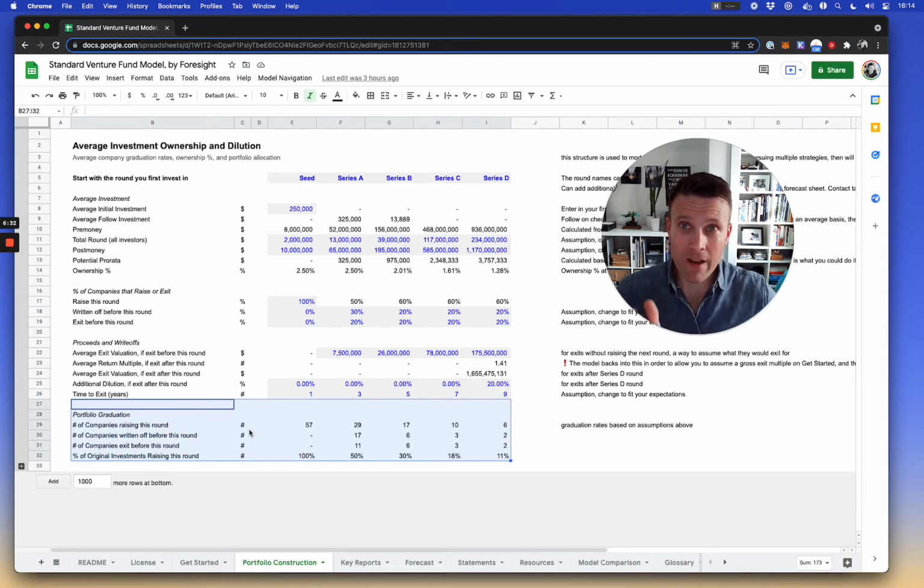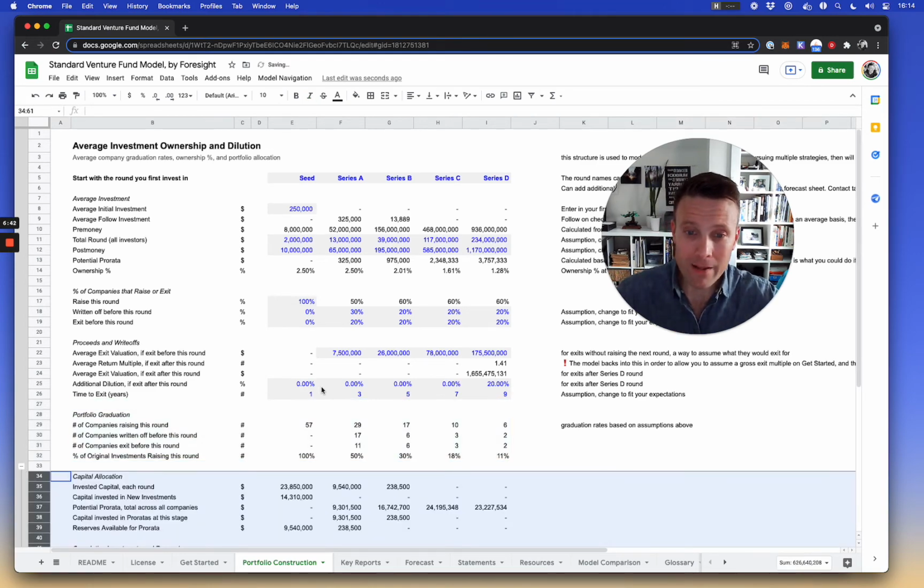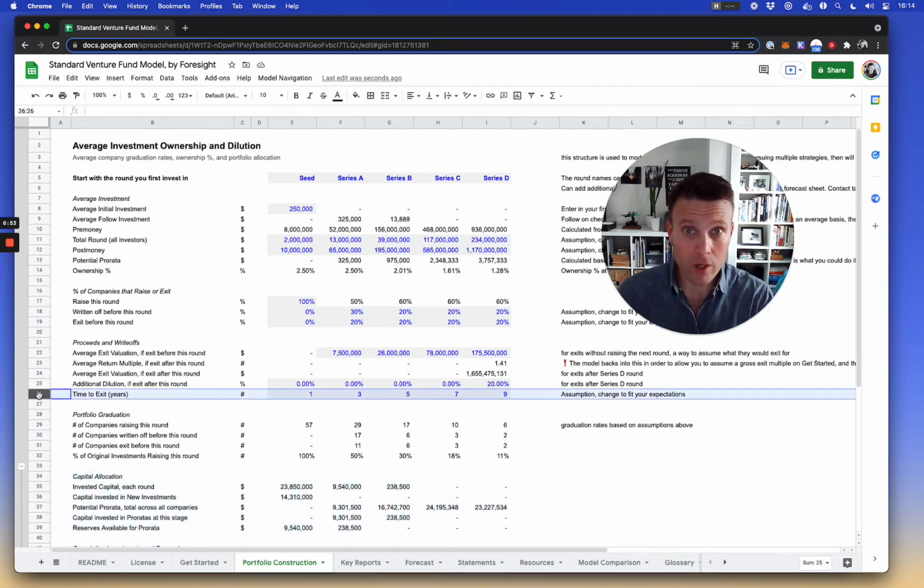So you may achieve that 5x proceeds. The more detailed way to model that is to say, well, maybe I'm going to get a 5x overall, but that 5x may come in at different times. And so based upon this structure of assumptions, these graduation rates allow me to look at, of that total 5x, when does it actually happen? So I make this assumption around a time to exit, which creates an average holding period effectively